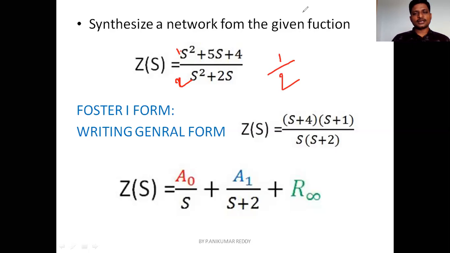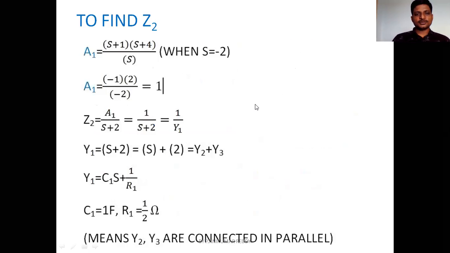So like that you have to understand from the given function, and you have to see that there must be an S square in the numerator and also an S square in the denominator, and you cannot change it. Suppose there is an S cube term, the denominator must also have an S cube term. So the highest power of the numerator and the highest power of the denominator must be the same.